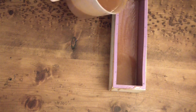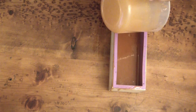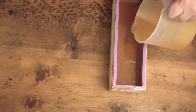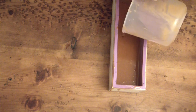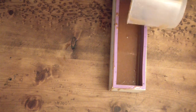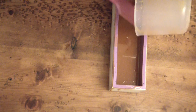You may be wondering, why are we starting this mid-pour? Well, I was trying out a new custom mold and it failed. There was a leak and it just didn't work. So I was stuck with this soap I was already mixing up, and I'd already started filming that, and I just decided to change midstream. So what you see here is a soap that has been colored with achiote and a